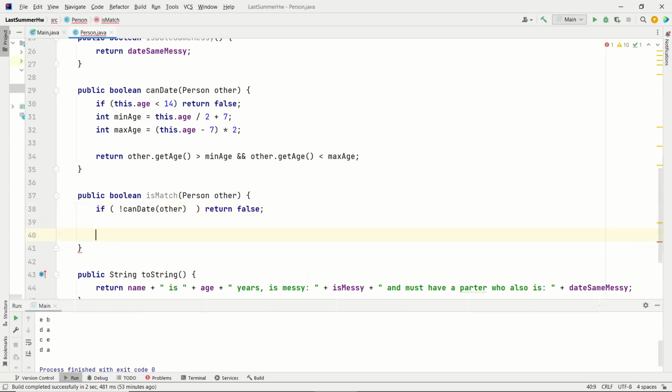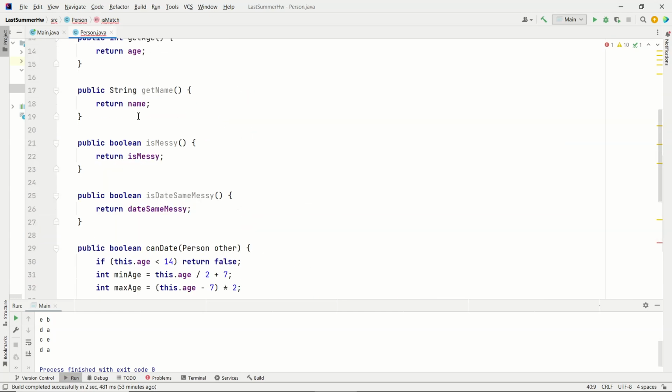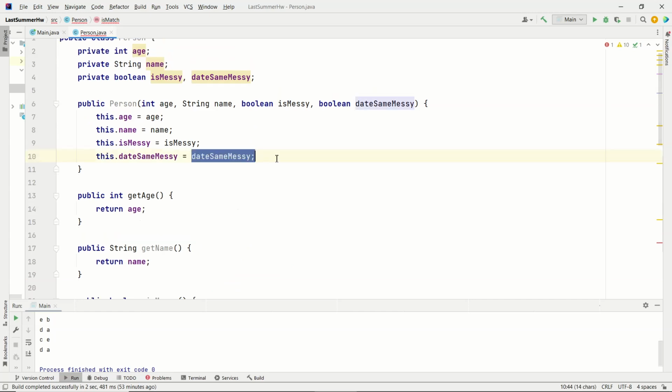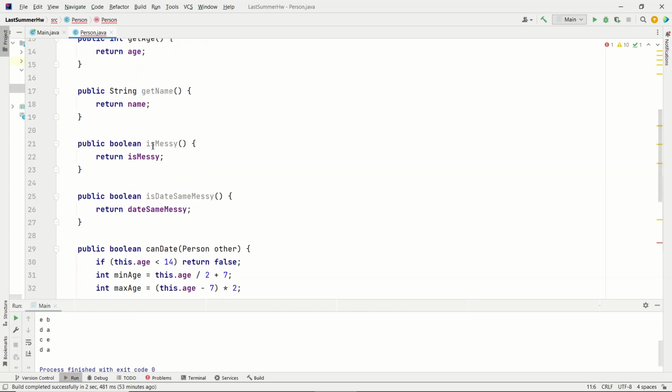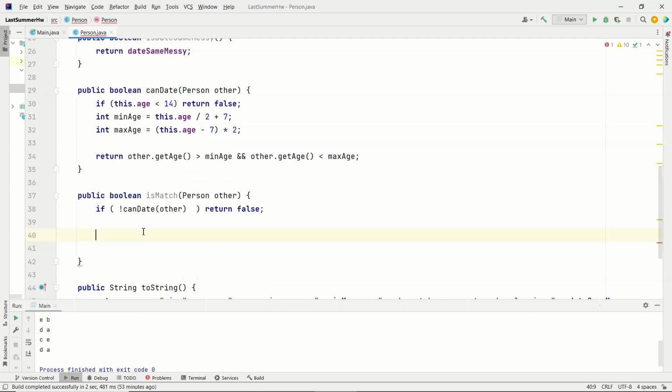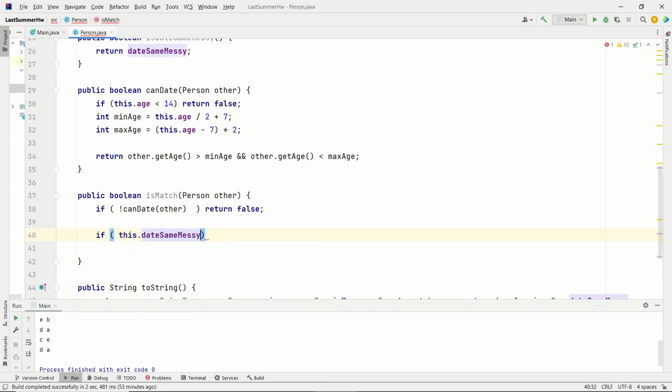We're not a match. Otherwise, let's think about it this way. If both people said that they don't care if their date is the same messiness level, then it doesn't matter how messy anybody is. They're just a match right away. So we only need to do more checking if somebody said that the messiness level has to match. So let's do that. So if this dot date same messiness is true,